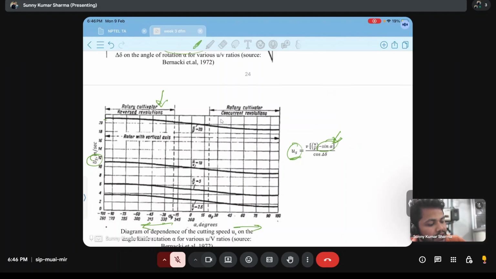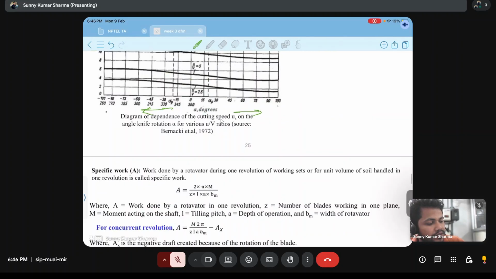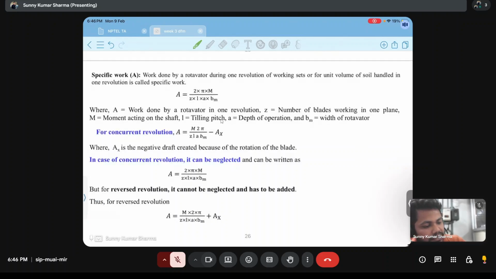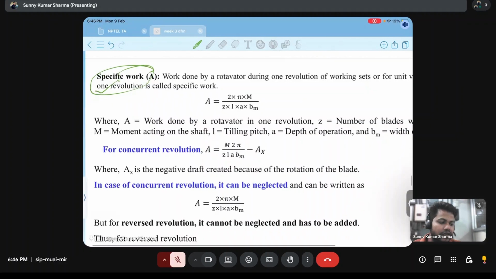So this is the reason why this graph has higher value in case of reversed mode, and lower value in case of concurrent mode. So the next important term related to rotavator is specific work. Specific work is the work done by a rotavator during one revolution of working set for unit volume of soil handled. So in one revolution, how much work is done to handle the unit volume of the soil, that is defined as the specific work of rotavator, and it is denoted as 2 pi M